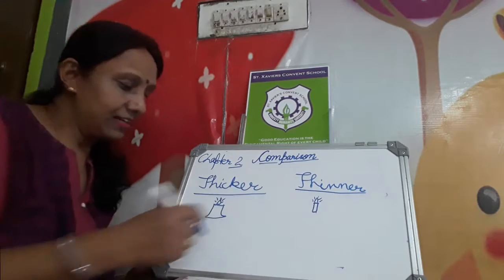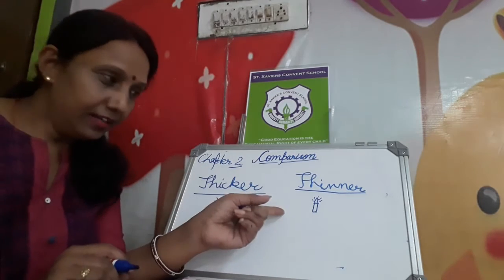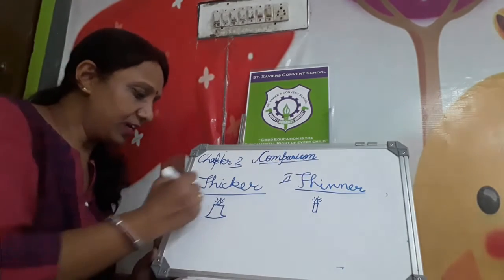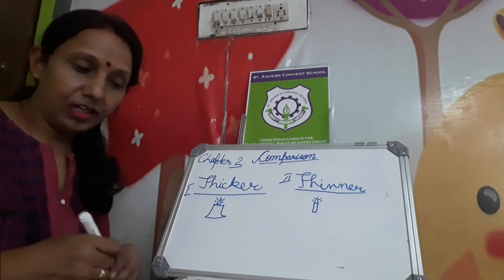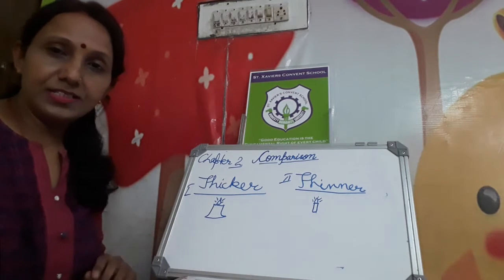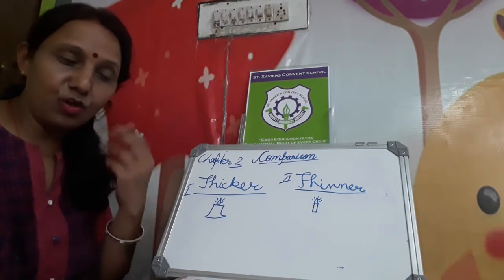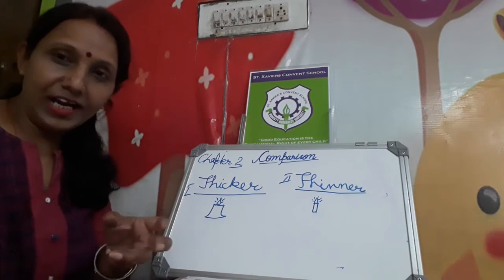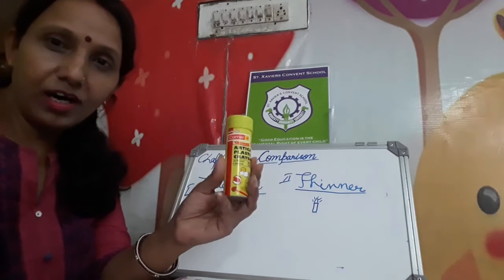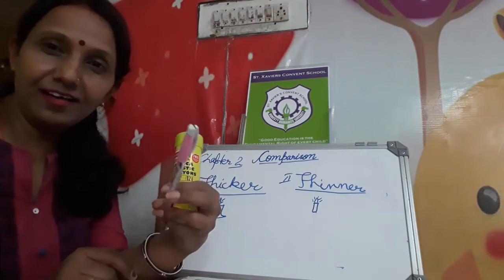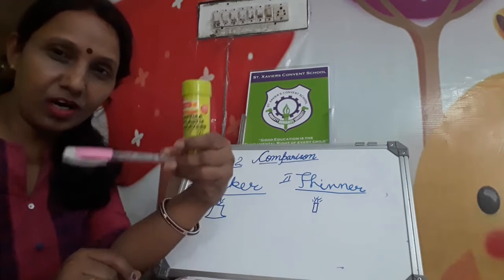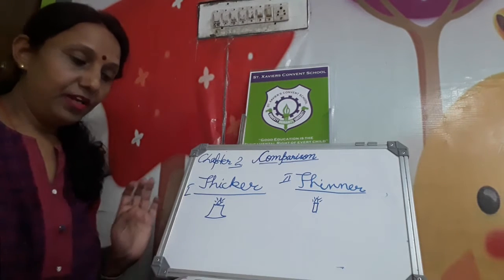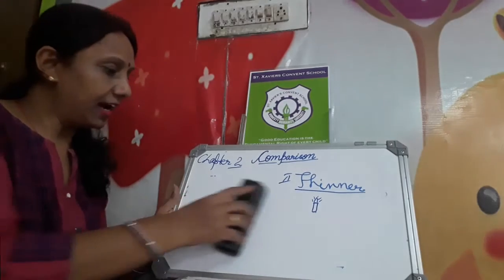We have seen some candle sizes, some are thick, some are thin. So this second one is the thinner one and the first one is thicker. Got it? Now, next more comparison we will study. You have to just compare it at your home. The things around you, just match with that. This one is a thicker one and this pen is thinner. So, this pen is thinner and this box is thicker. Got it?